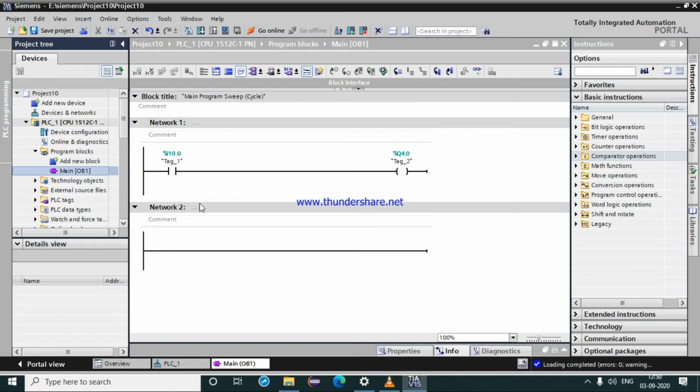Now in the software, I have given input and output, which means if I press a push button, I will get a desired output, and this output will be connected to my solenoid, and my solenoid will help operate the cylinder. So we will see the operation and also the panel of our PLC.